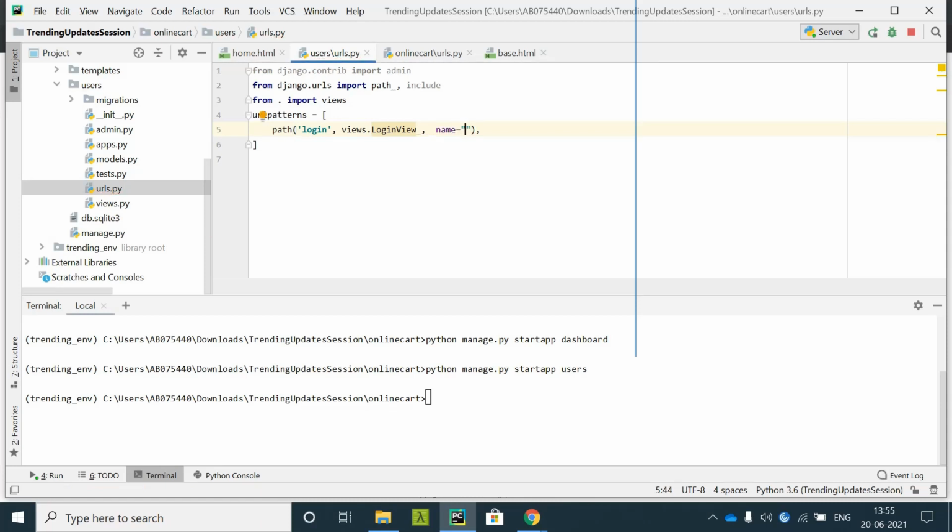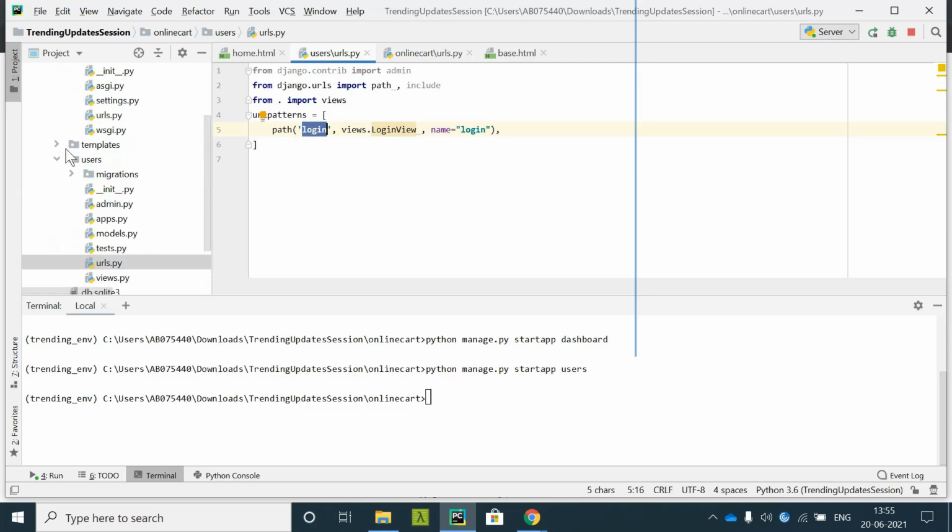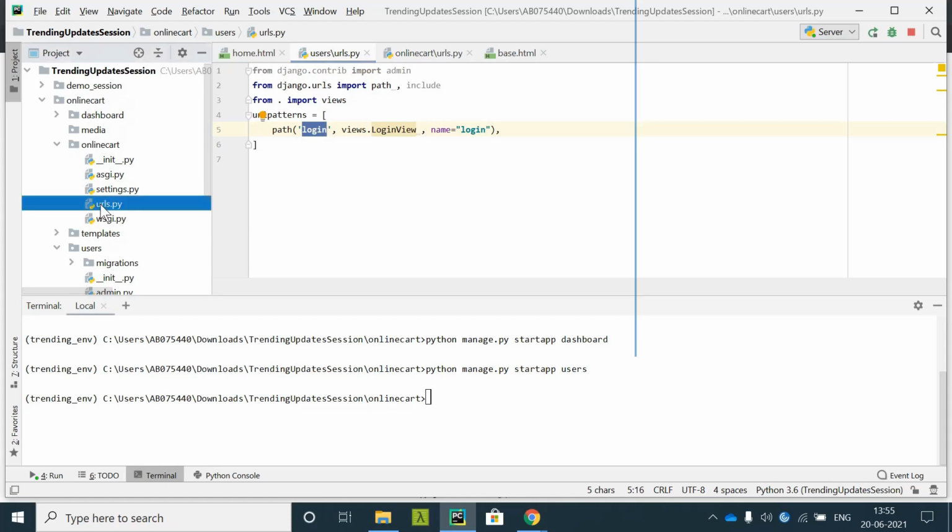And this namespace also I'll discuss in this case. Login, how we can access the URL, absolute URL, using this namespace, that also I'll show you in this particular app. Okay, login.